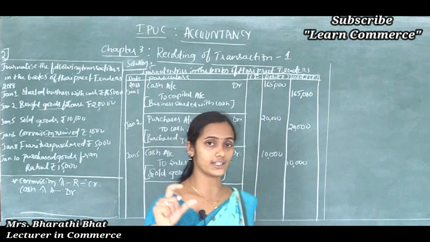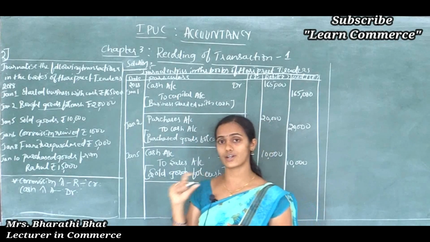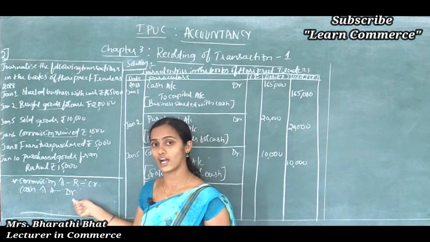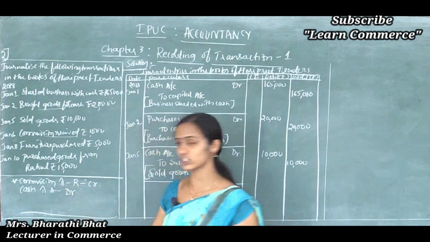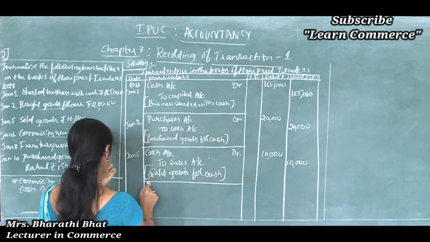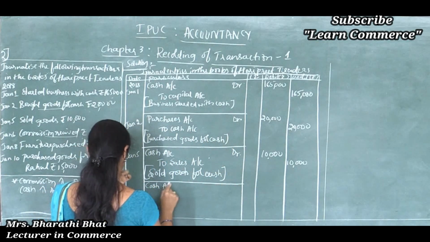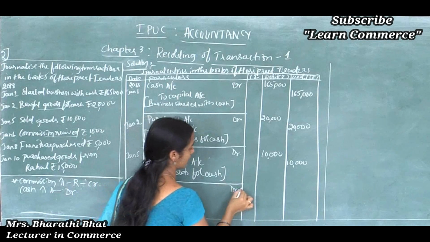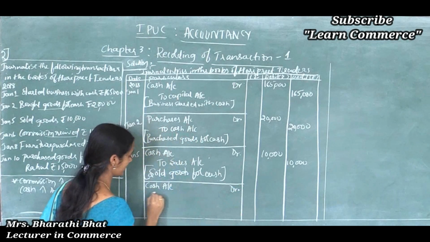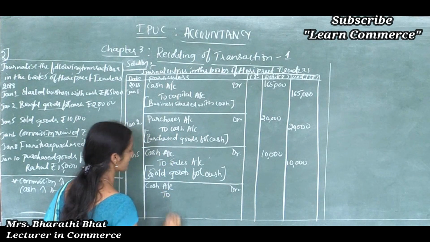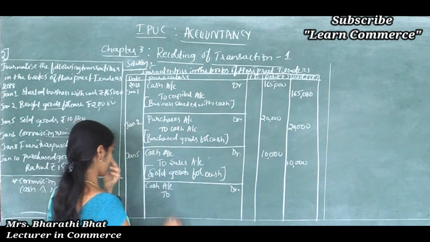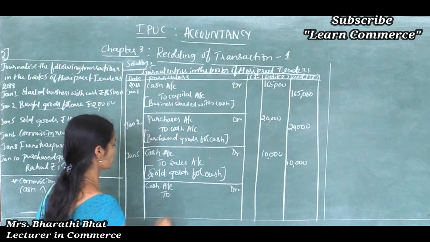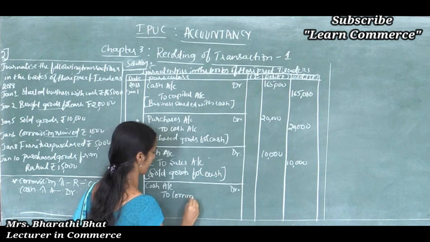So in the first line we should write the debit aspect of a transaction. Which account is debited here? Cash account is debited here. So cash account debited. We should write the word debit at the end of the column, and leave sufficient space for the margin, and then write the credit aspect of the transaction with the prefix to. So to commission account.